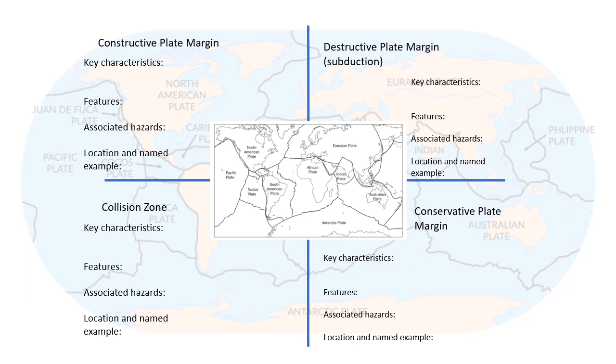Okay, using that information now and do some additional research, what I'd like you to do is, again, you can either print this page out, or you can draw it onto a piece of paper, or you could just type it straight onto it or copy it into a Word document. I don't mind which way you do it, but what I really want you to do is basically take each of those plate margins and really identify the key characteristics. So for example, are they oceanic or continental crust? What are their densities,